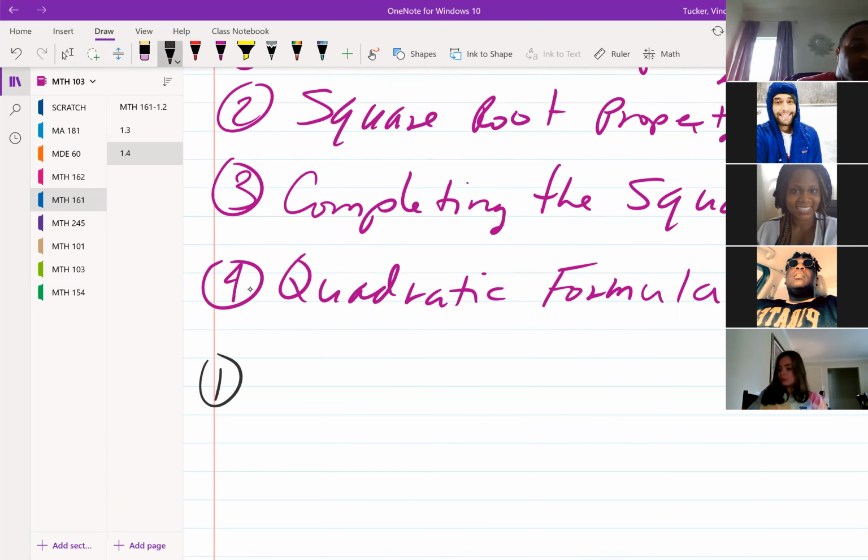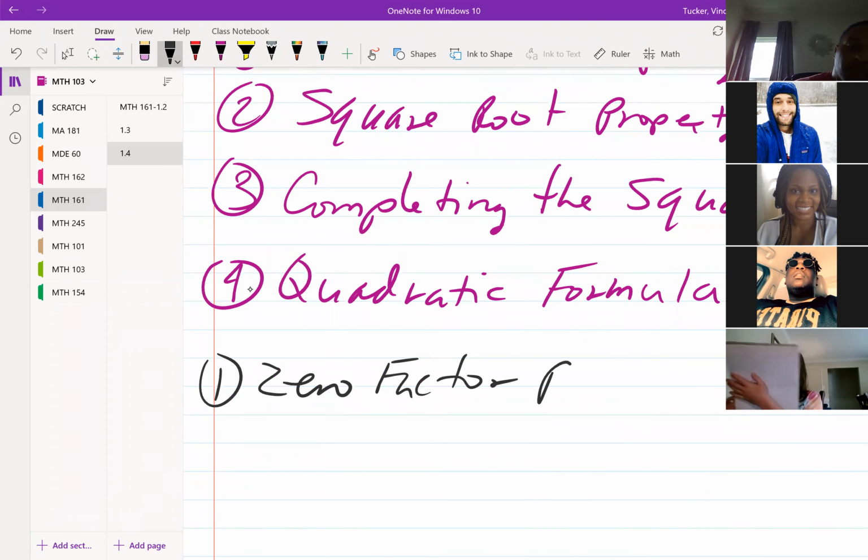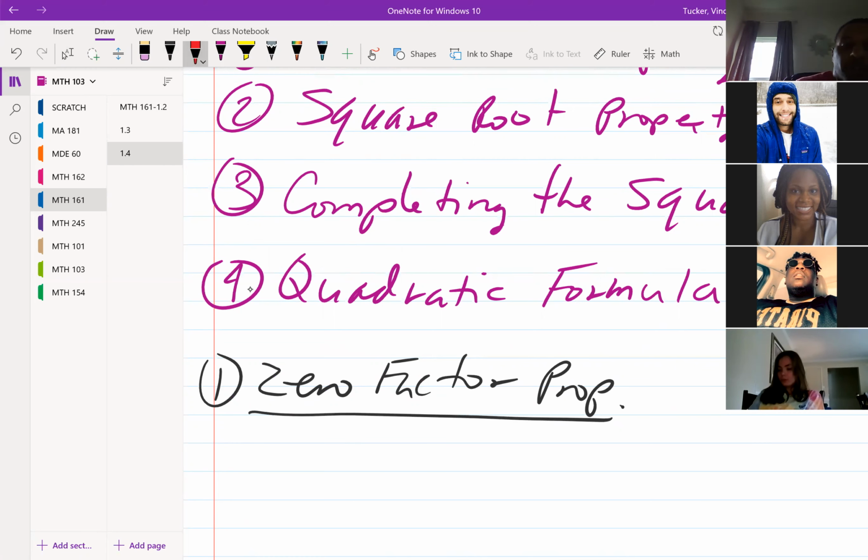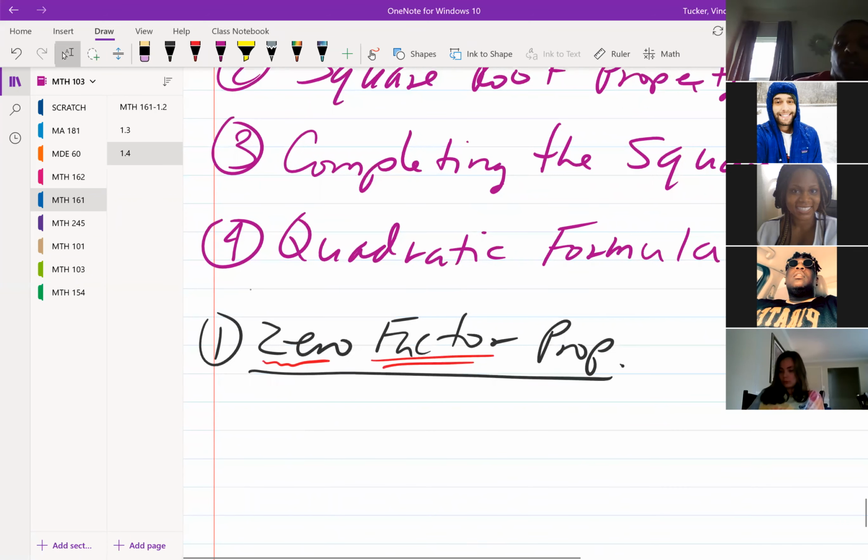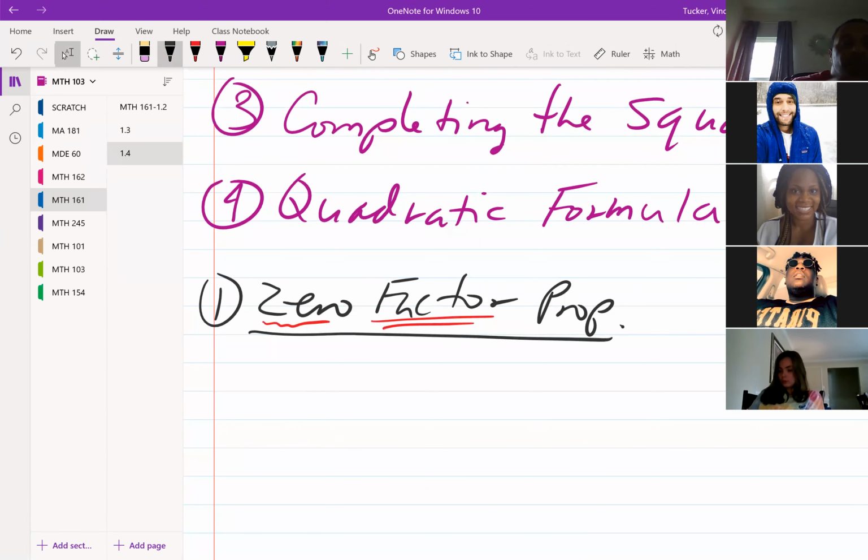So let's look at the zero factor property. Keyword there, well, two keywords. One is zero and the other is factor. So you're gonna have to lean on your factoring skills in order to be able to use this method. It just says that if AB is equal to 0,